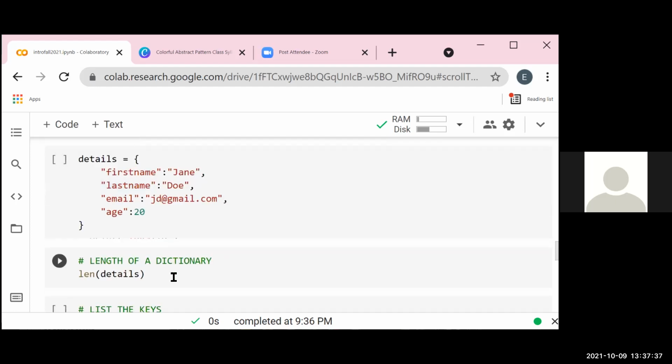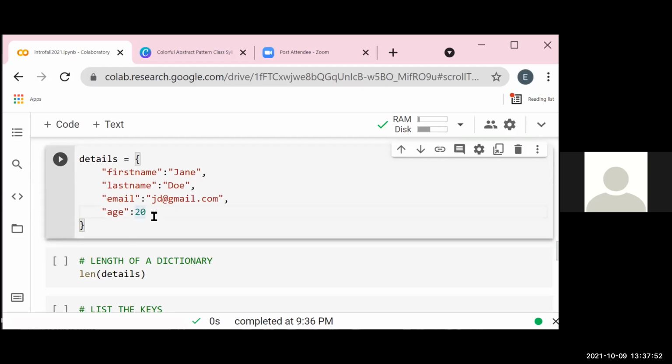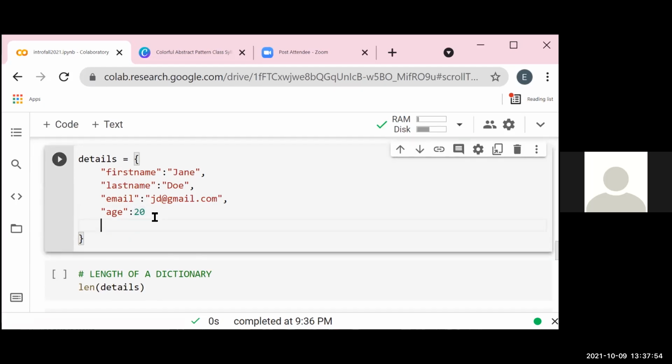So for example, a question: can you have booleans as part of key value pairs as well? Yes, a boolean is a data type. So let's try and see. So what key would you want? Maybe we say religious equals true.